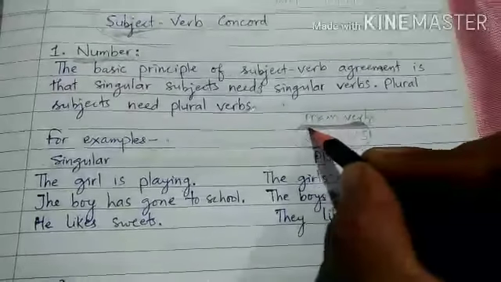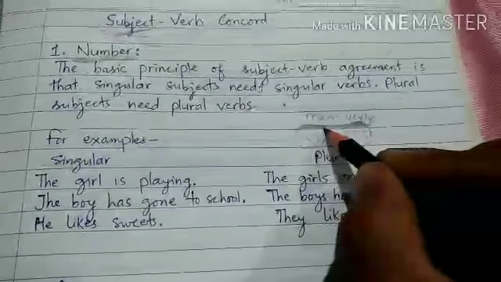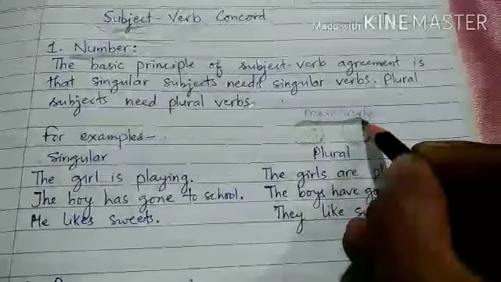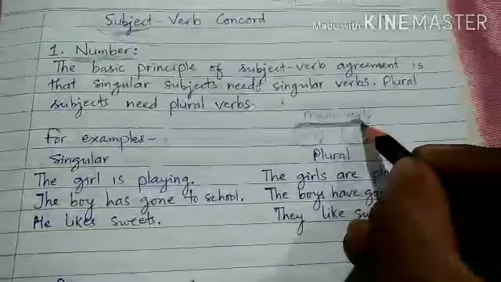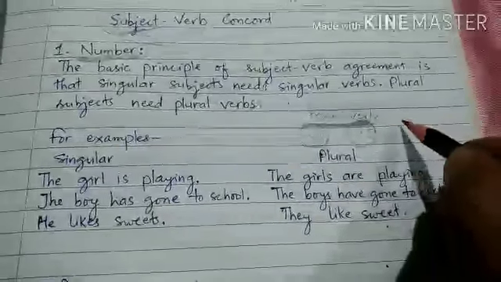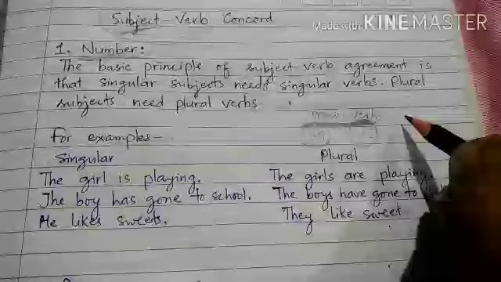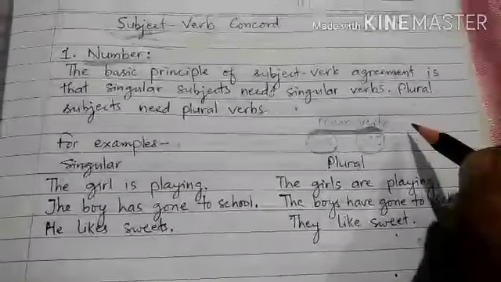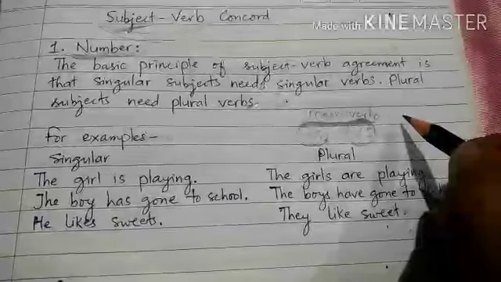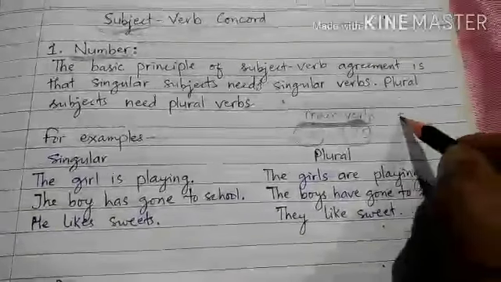Okay, so we have to understand here, in the case of have verbs in the present tense, that have is used for plural and has is used for singular. In the same way, the to-be verbs are and were.